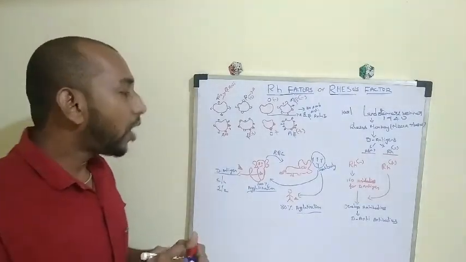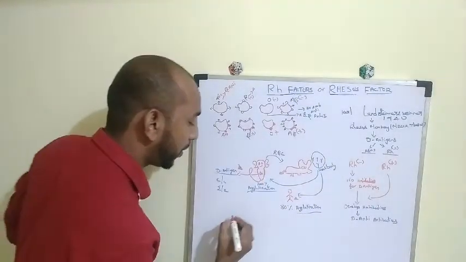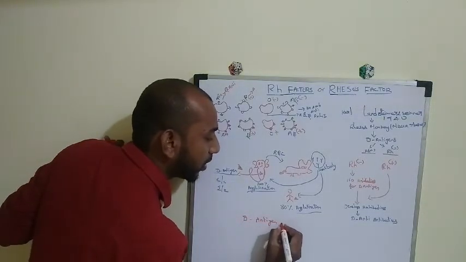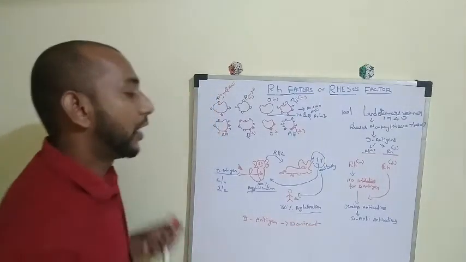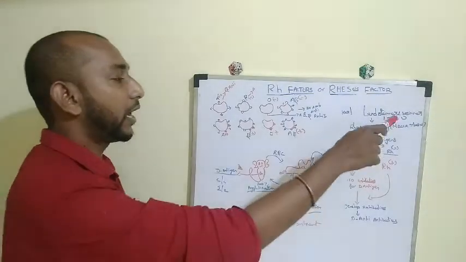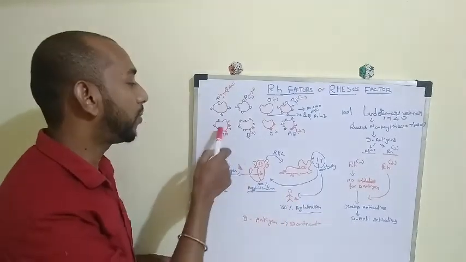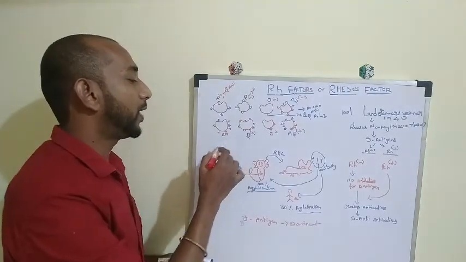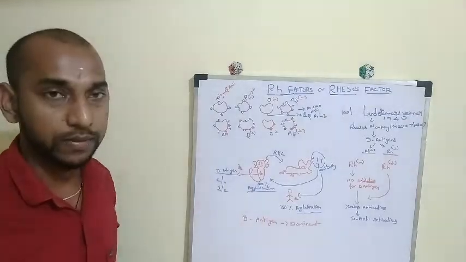Now when you talk about the natural population, the D antigen seems to be prevalent or dominant when compared to Rh negative, okay. So this happened in 1940 and we found out that the D antigen is also there in the human population. We named them Rh positive, or according to the blood group, we name them A positive, B positive, O positive, or AB positive, right?